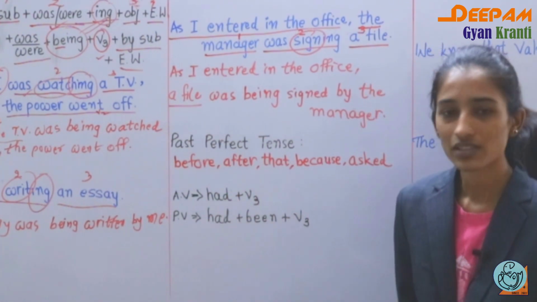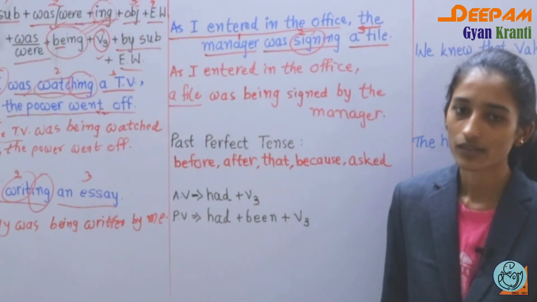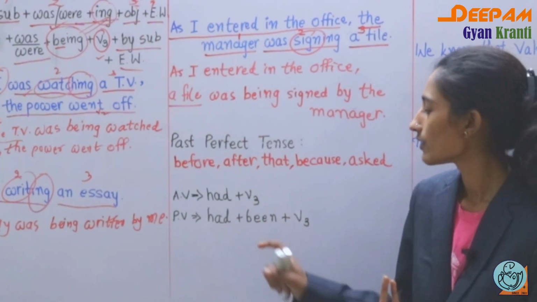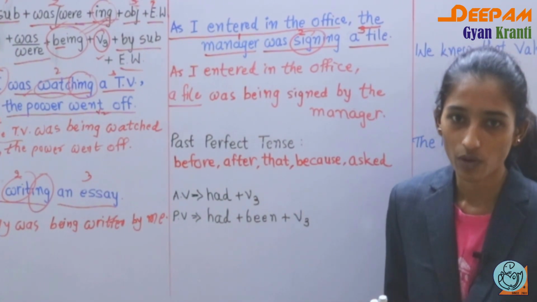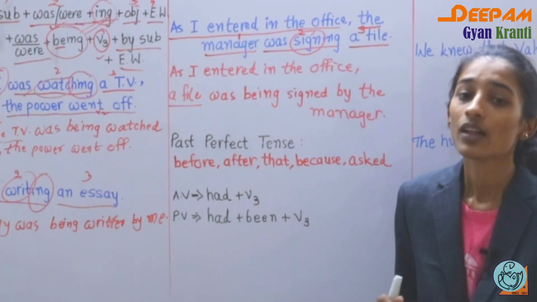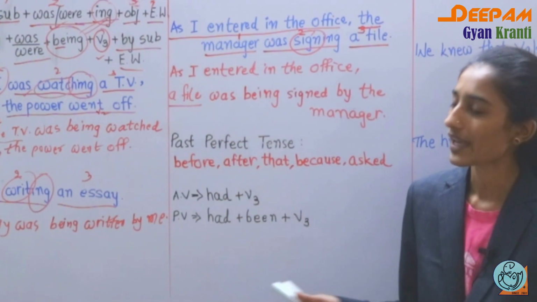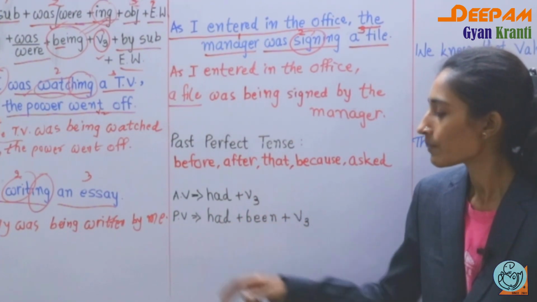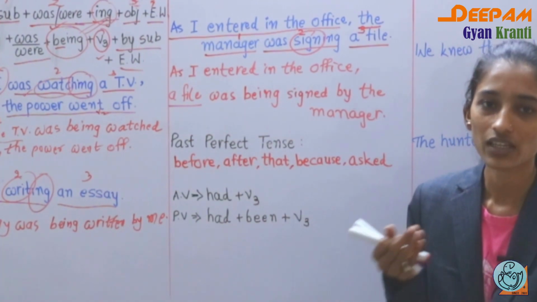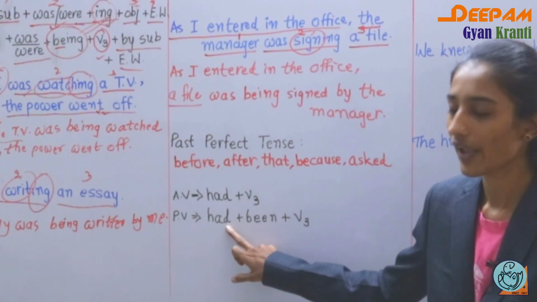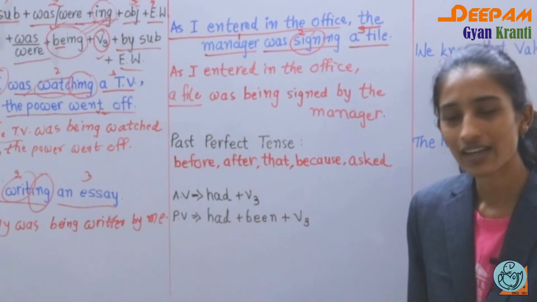So the sentence formation, first definitely comes subject plus head, that is the helping verb. Then you have the V3 form, means already here the past participle is given to you, right? Then comes object, then come extra words, means head plus V3 means past participle. Now passive voice, so definitely the object comes forward, so object, then head. No need to change anything with the head, so you have to keep head as it is.